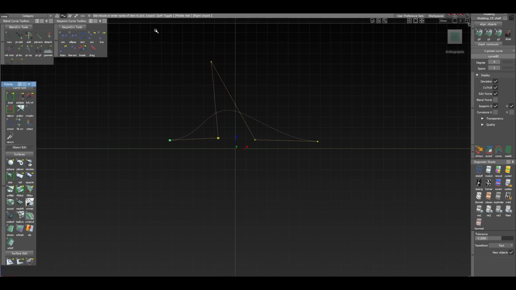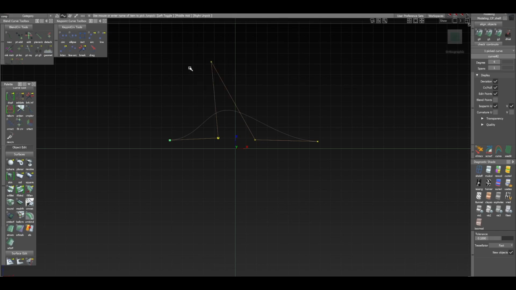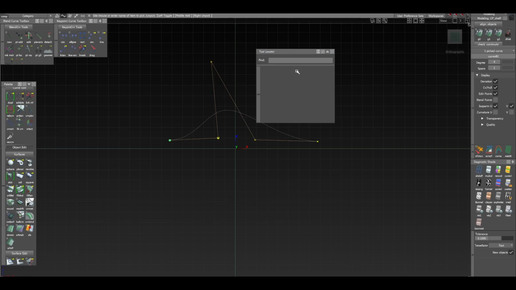There's a tool search. There's a way to search for the tool search. I believe it's under, yeah, here we go. Tool locator. It's under help. So under the tool locator, you get this window here. For instance, for this video, I want the multi-surface draft tool here, right? But let's say it's changed and it's somewhere else. It's not under this menu anymore. So under the help menu, we can go under the tool locator, and we could just type in